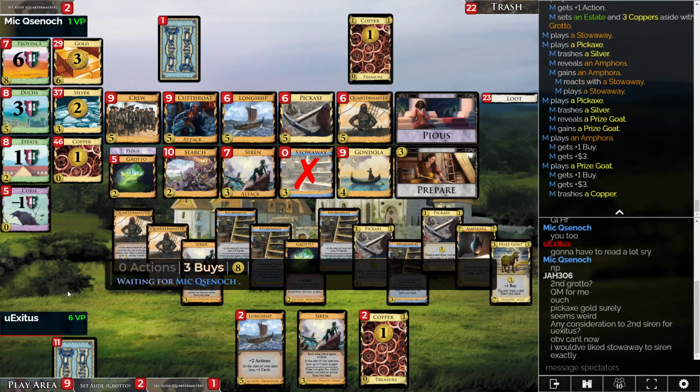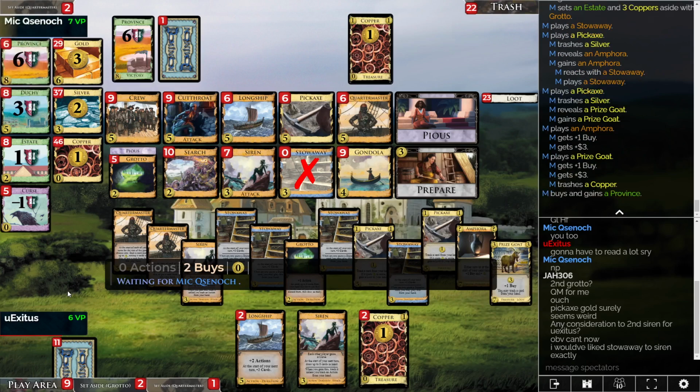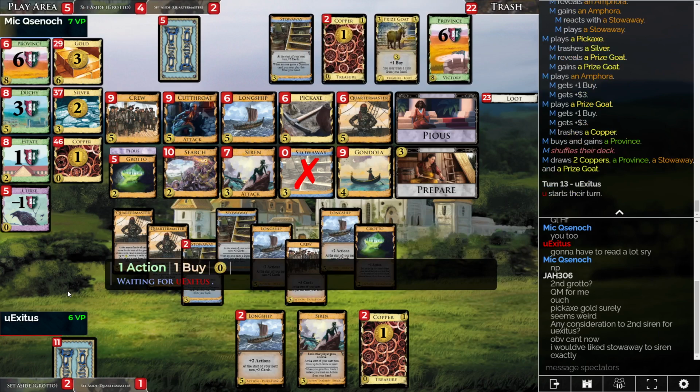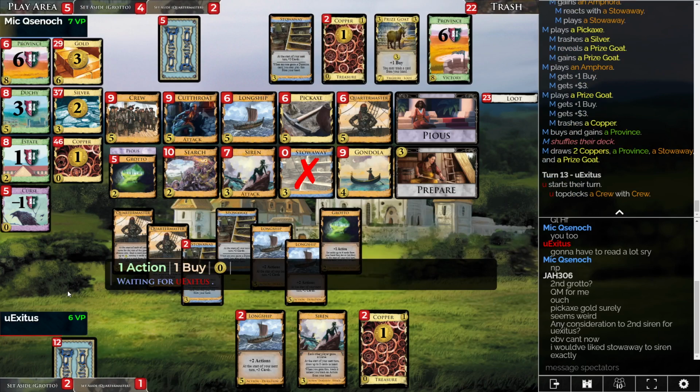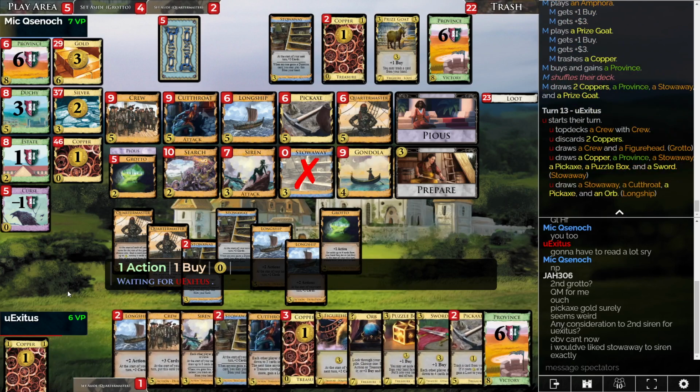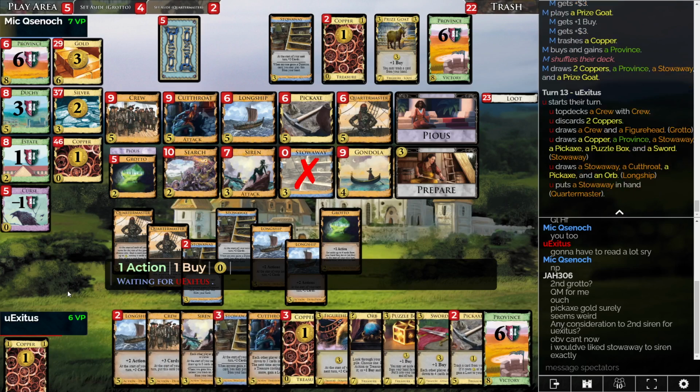Maybe a little bit surprised at trashing the copper there. I think I'd rather be buying 2 5s, although I guess there's some motivation to just try to keep up on the green. I don't think it's particularly realistic to do that, but